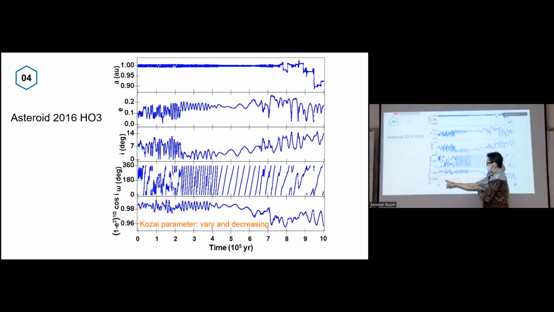So this object is not in a quasi-lock resonance. From the dynamical study, we can know that in the future this object will not be in quasi-resonance.